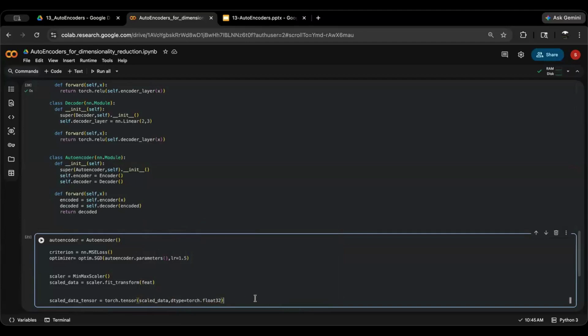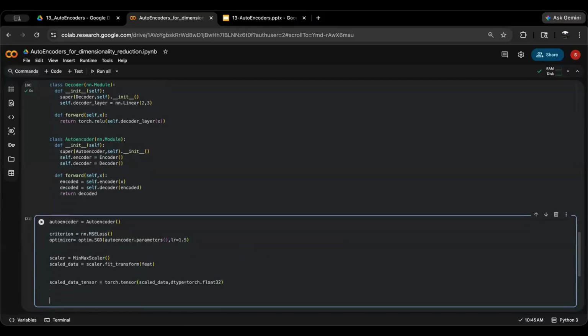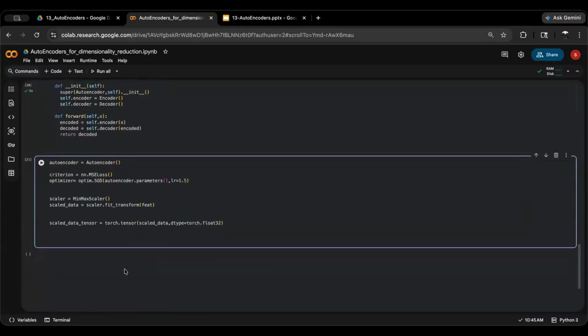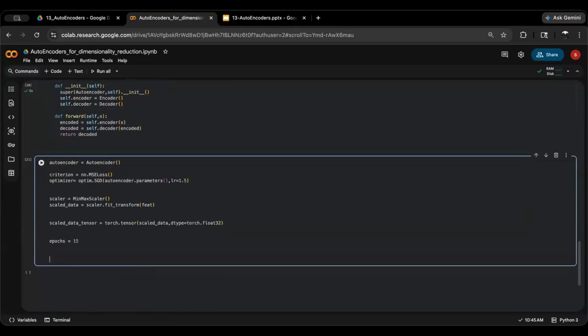All right, so it converts the scaled data into a PyTorch tensor with a data type of float32. Tensors are the core data structure in PyTorch, similar to arrays in NumPy, but with additional functionality for GPU acceleration. Then I'll train the autoencoder here. And for that, I'll first have to define the epochs. I'll define that as at least 15. And I'll say for every epoch in range epochs,